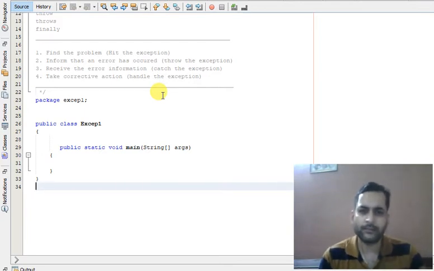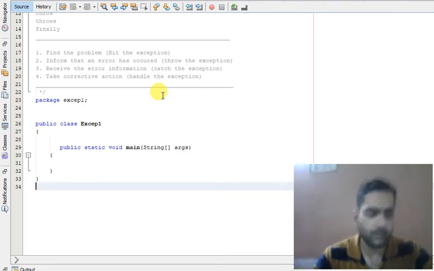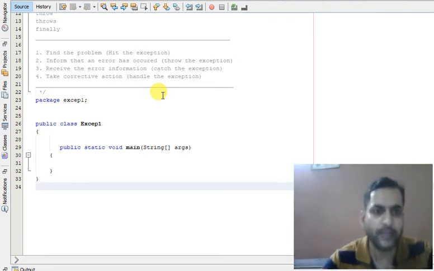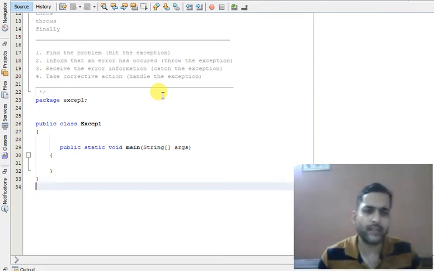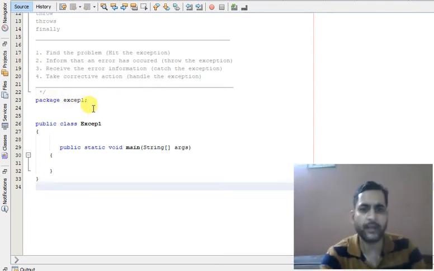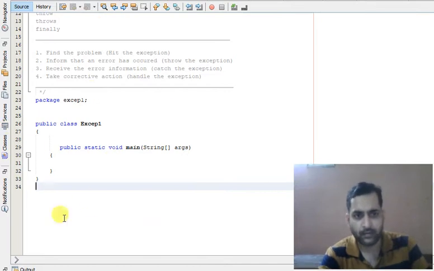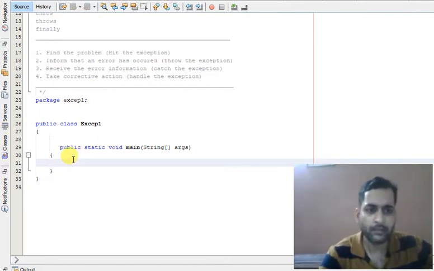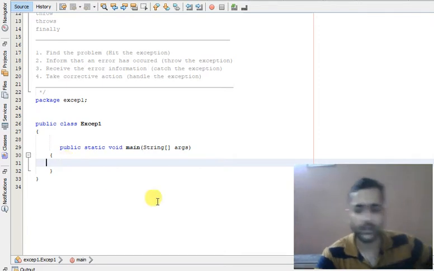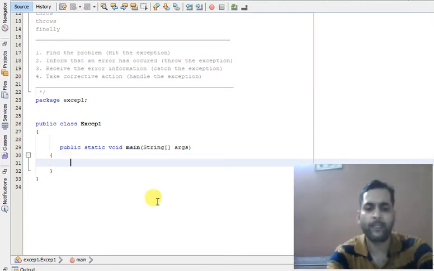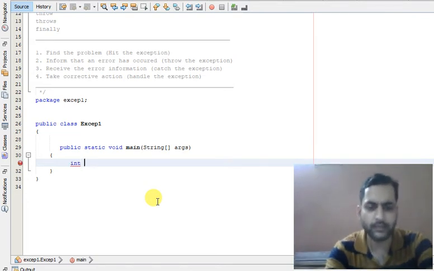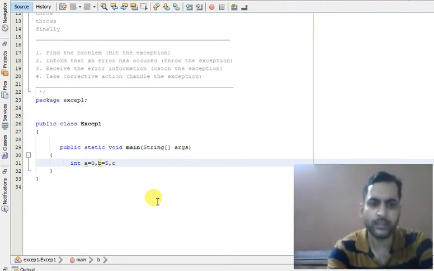So let us try to understand this with the help of an example. Let us take an example of arithmetic exception. I have already created a NetBeans project. In this, let us take three variables: int a is equal to 0, b is equal to 5, and c is equal to 5.